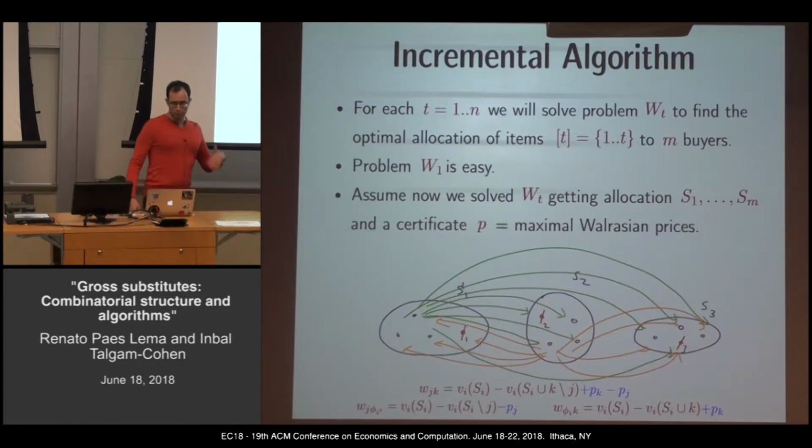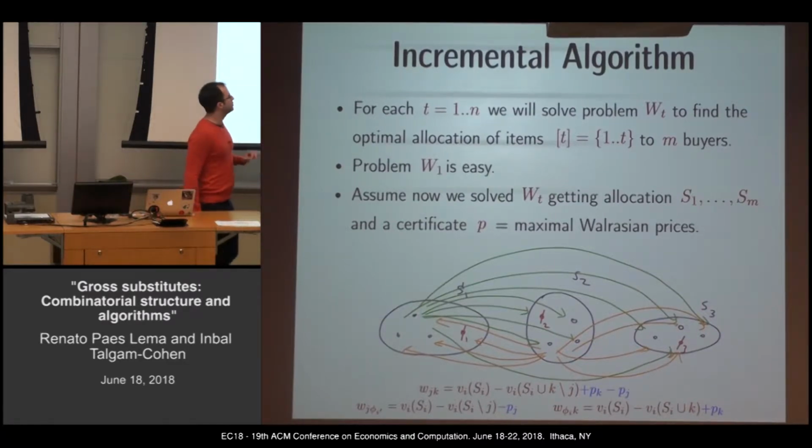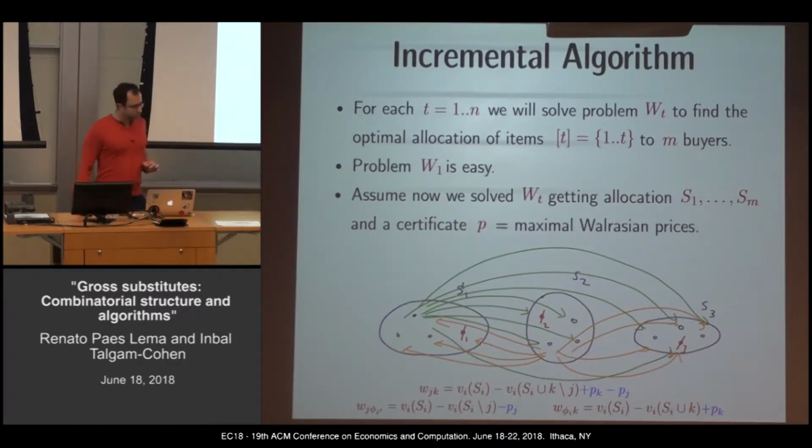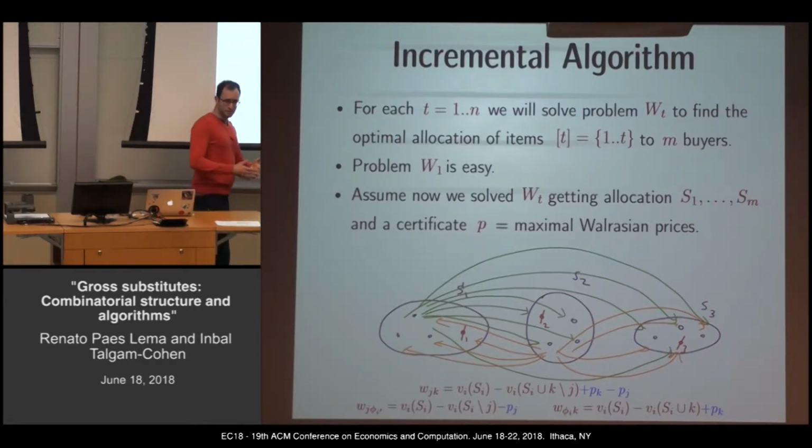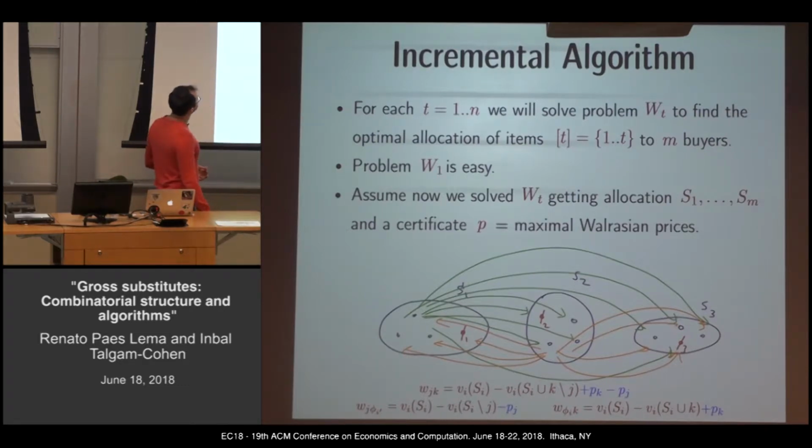So the version equilibrium problem with one item is very simple. Just look at who wants to pay more for this item, and give it to that person at the price they want to pay. That's the trivial solution. So let me just put in the items in any order. I put in one item, and I compute a set of version prices for that one item. So that's the problem W1. And then I'll keep adding item by item, and compute the optimal allocation for the set of T items. All right, so problem W1 is easy.